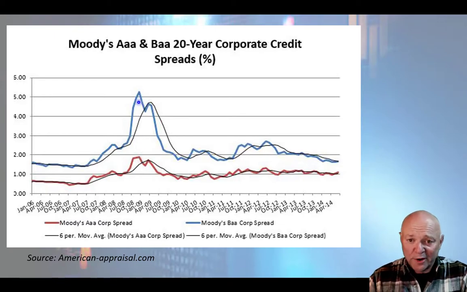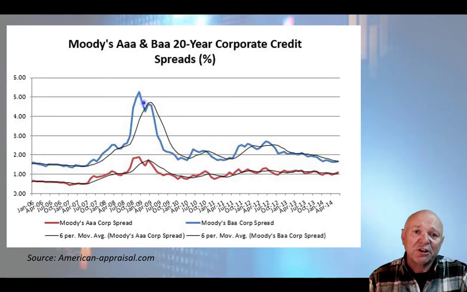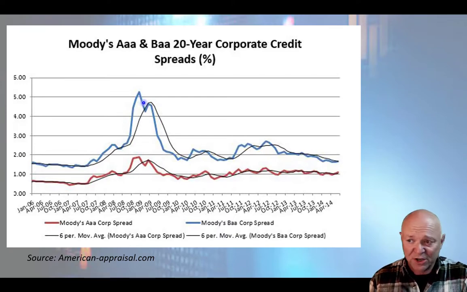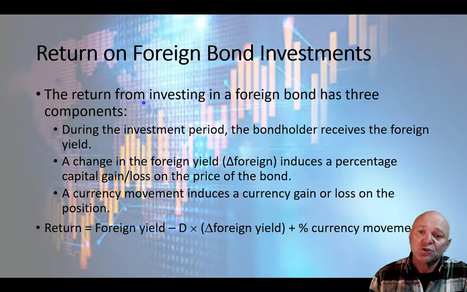And if you're a lower rated bond, for example, triple B, perhaps it can go from being in the 1.5 range to 5%. It can more than triple. So we also need to be aware that there is a fundamental nature to credit, whether it's international or domestic. Now, having said all of that, we can start to understand the nature of the return to foreign investments, to